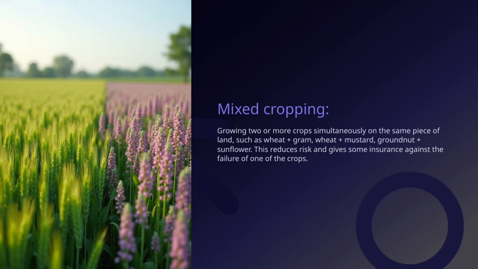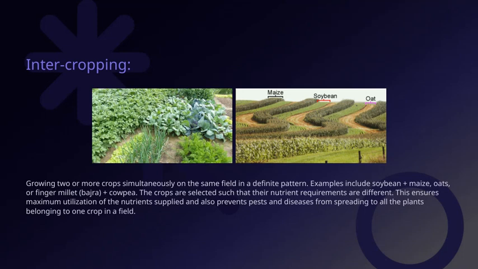It's an important strategy in sustainable farming, especially in challenging environments. Intercropping is an interesting technique where we grow 2 or more crops at the same time on the same piece of land, following a specific pattern. For example, you might see soybean combined with maize, oats paired with finger millet, or bajra grown alongside cowpeas. The key here is selecting crops that have different nutrient needs. By doing this, we can make the best use of the nutrients available in the soil, ensuring that no nutrients